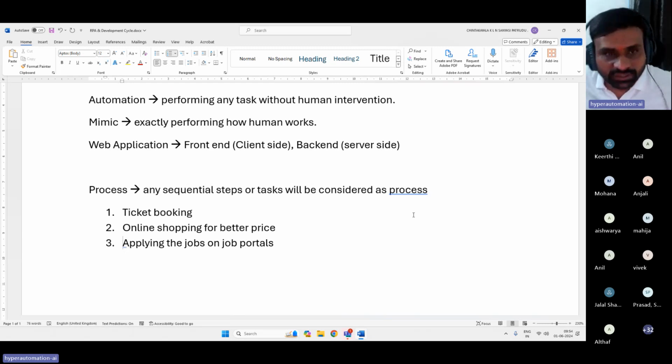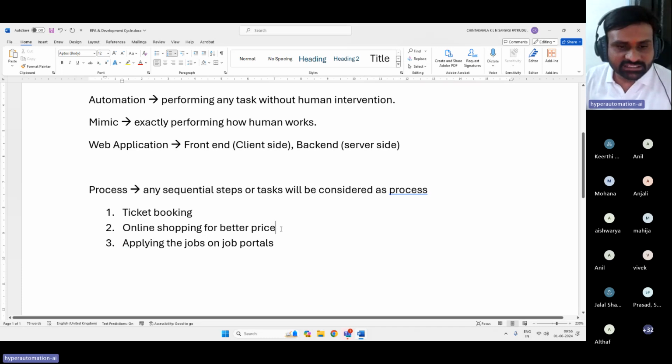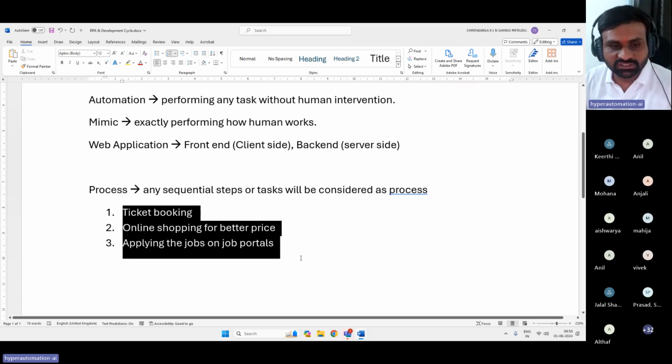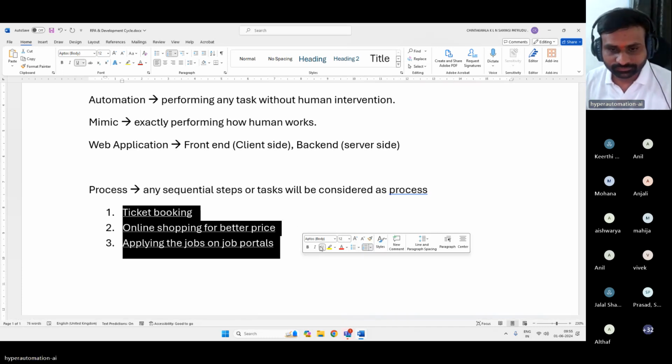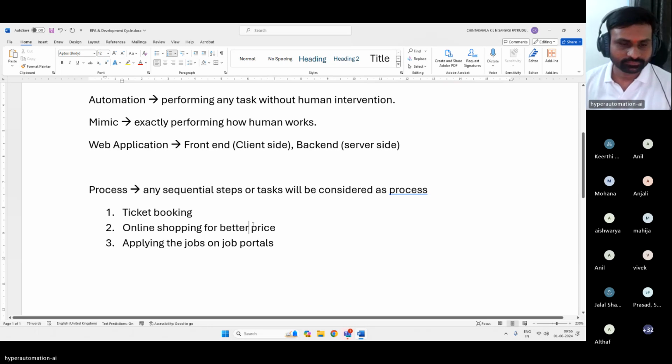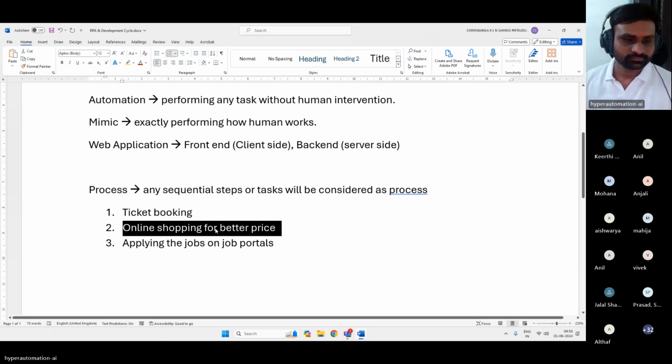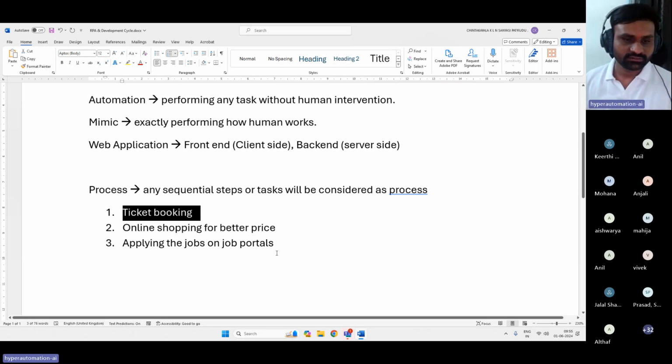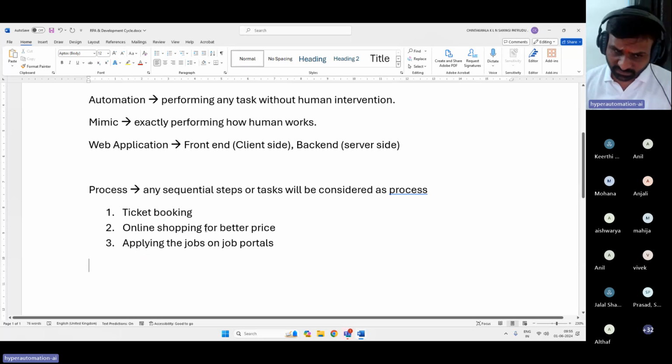So I considered only these three, which we generally do in our day-to-day life. Let us take any of these examples. Which one do you want to take? Ticket booking?